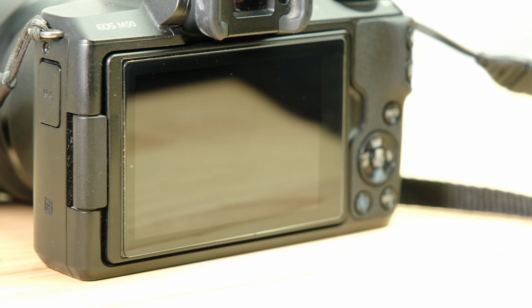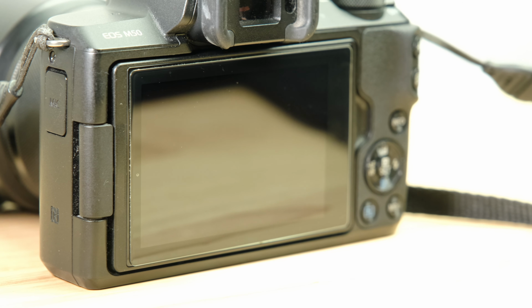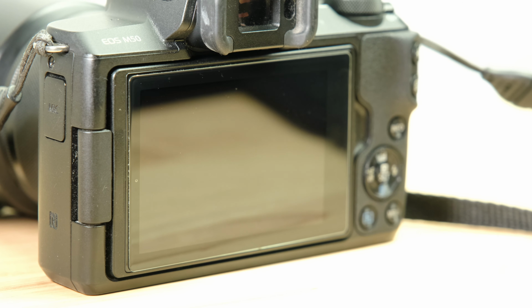That is one of the most fragile things on any camera, and having a scratch on that screen is something that you're going to have to obviously show any buyer, and it really devalues the camera quite heavily. So this really inexpensive accessory just helps maintain the value of your camera, and it just makes it nicer for your use. So if it does get scratched, you just take the screen protector off and you put a